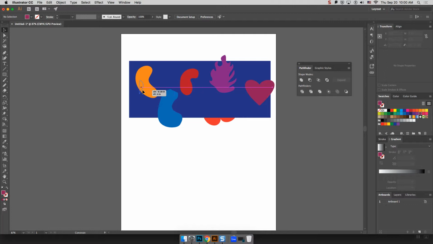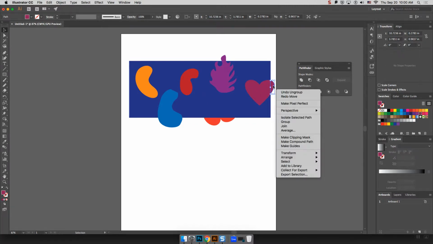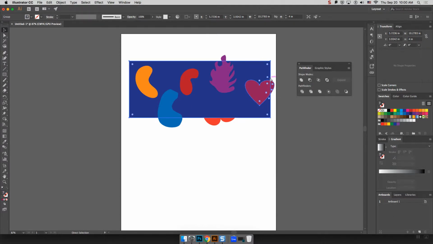And then we would slide this across, or we would go to edit, transform, move, or maybe it's right click, transform, move, and we would tell it to move to the left 10 inches exactly, because that's the size of our rectangle. Instead of doing that, I'm going to actually hit Command Z. I just wanted to talk about